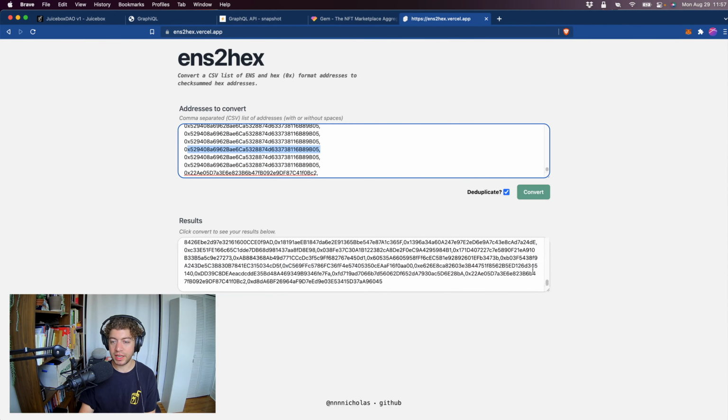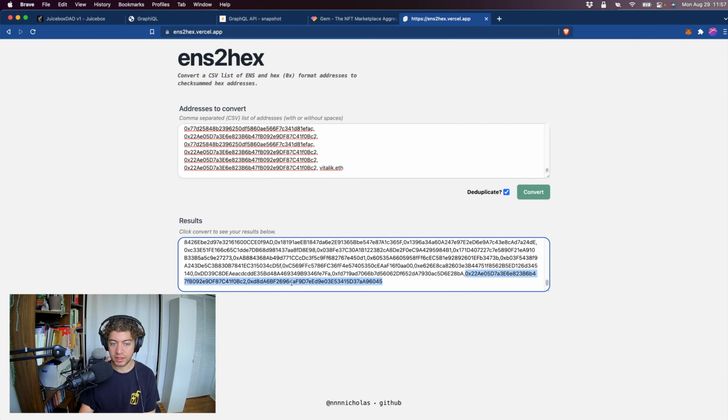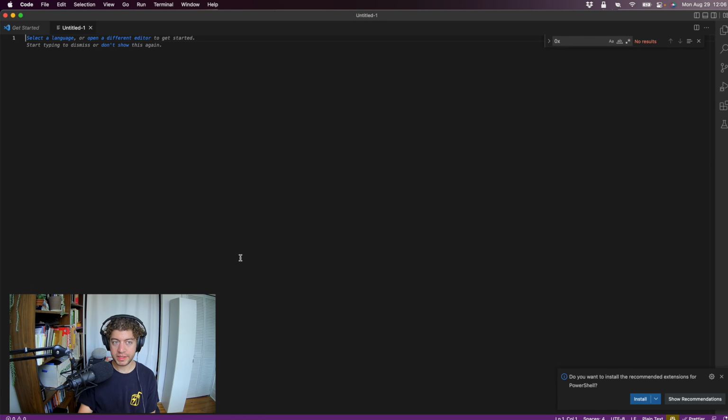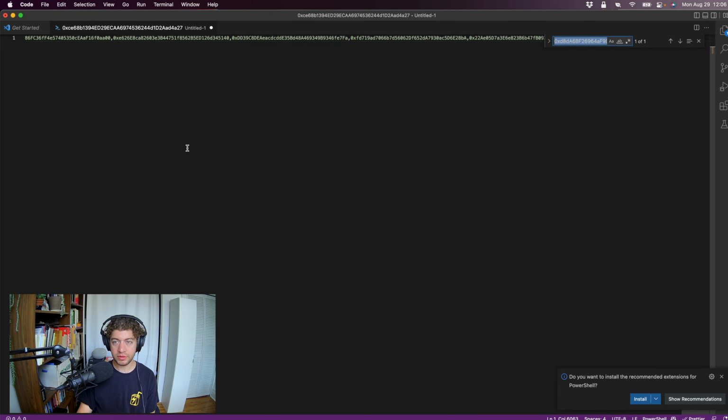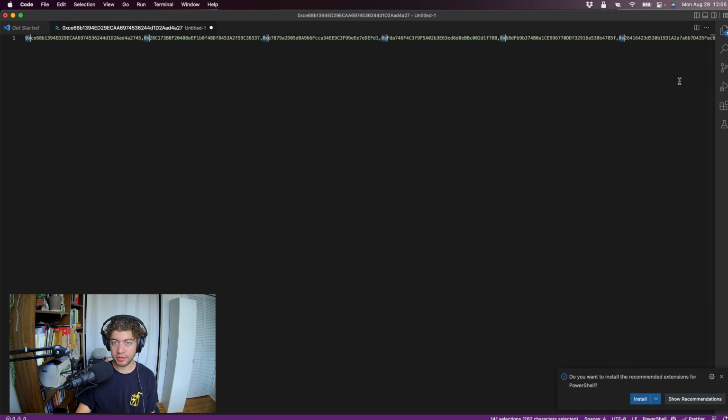So it's deduplicated, and at the bottom it's added Vitalik's address, which is this last one here. I'm going to copy this list of deduplicated addresses, then return to my text editor, paste it in, and do the same trick yet again, searching for 0x, selecting all occurrences, closing the little find window, and then I'm going to go past the end of the address after the